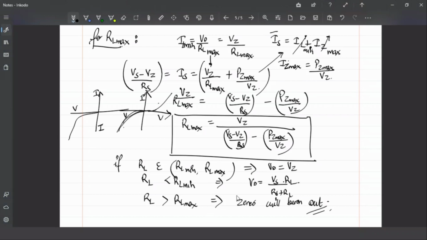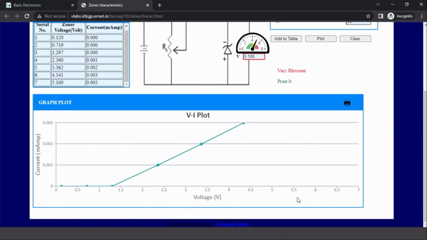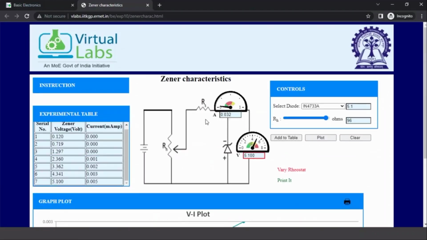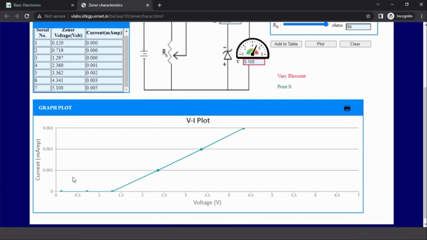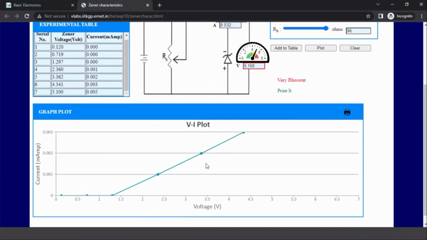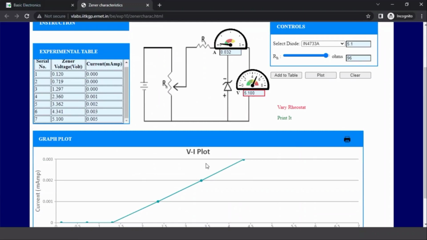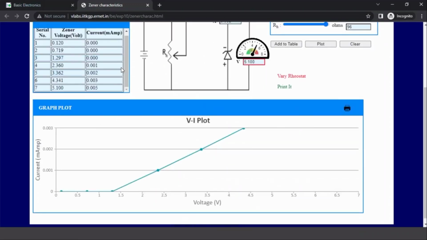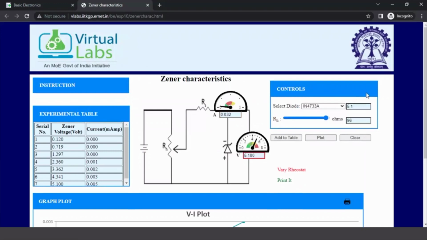Because here whenever the measurement is done, it is done with respect to this current and voltage, that is why. But actually we know that the Zener current is in this direction and it's a reverse current of the device, right? So that is why it should be plotted on the negative current axis and negative voltage axis also. That is the difference: current and voltage for the reverse bias condition. I hope this is clear. Yeah, now that is for Zener characteristics.